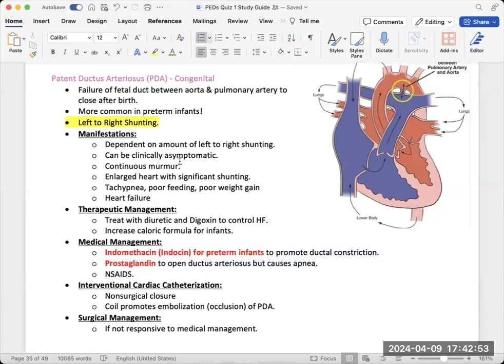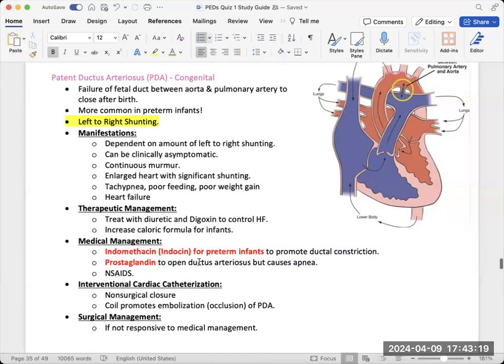And I would write down which ones do left to right shunting, and I would know cardiac and respiratory go together. So I'm expecting, since they have cardiac issues, because these are all these openings in the heart that shouldn't be there, I'm expecting murmurs and I'm expecting respiratory complications. And because it's a cardiac abnormality, we're always expecting poor feedings, poor weight gain, things like that. Okay. But know especially medical management, what medications you give and what medications you don't give for each of these